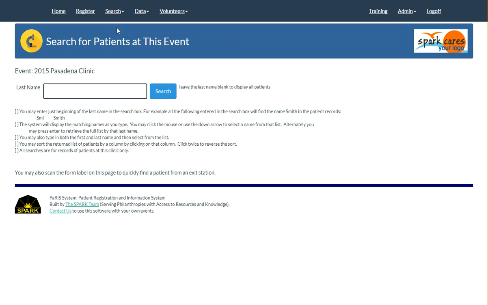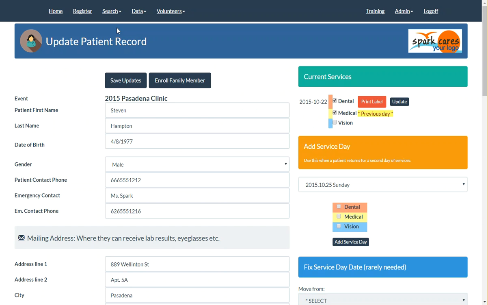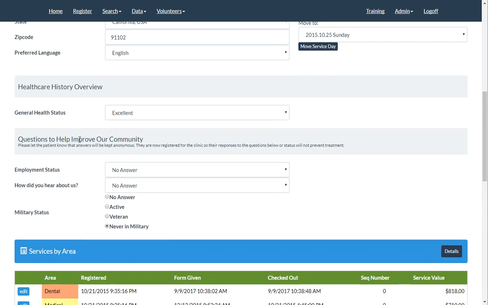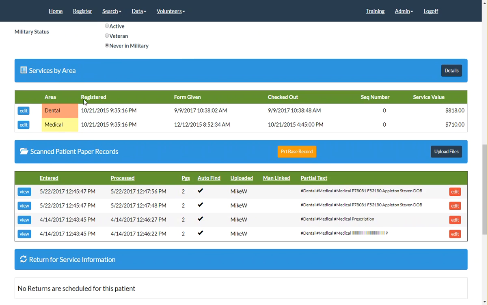We have a patient, Stephen Hampton, and it helps you to identify them because it gives their address. Depending on the size of your event, you may have a lot of people with the same last name. So it's all the stuff that you've typed in when you registered the patient, but you also get all their